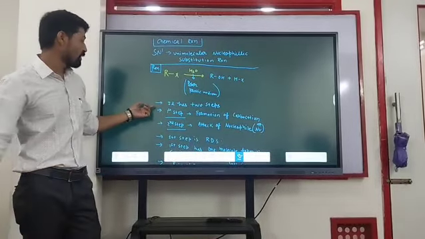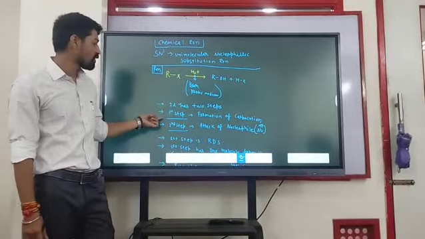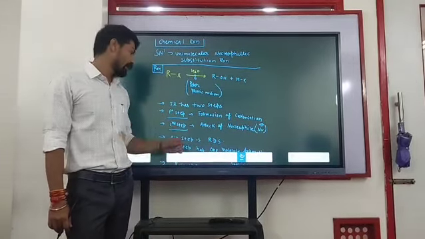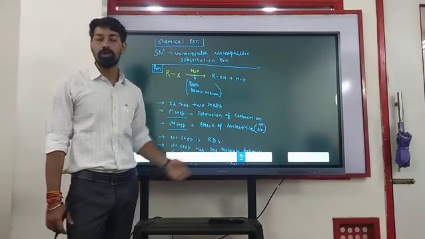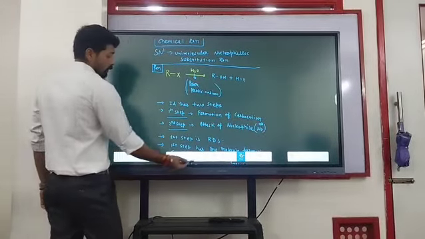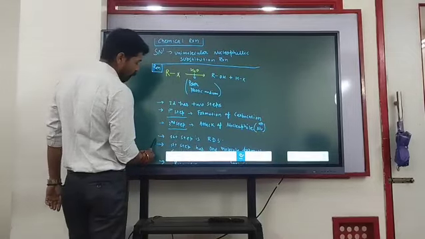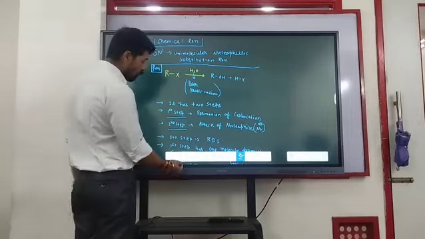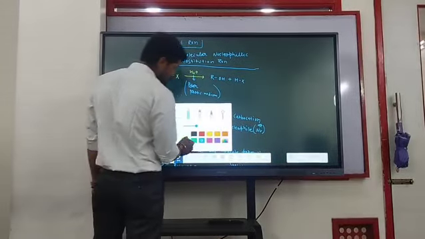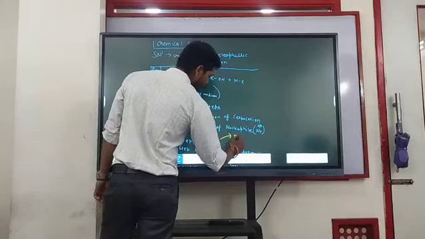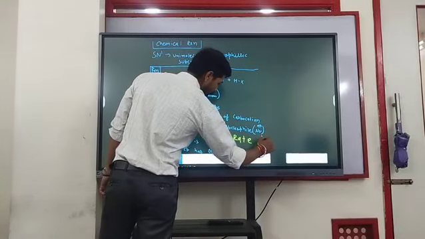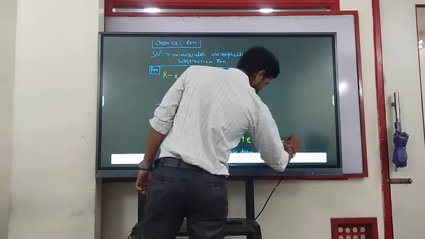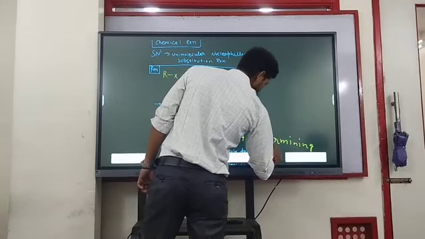Okay, so in this reaction there are two steps. In the first step, formation of carbocation is there, and in the second step, attack of nucleophile is there. Okay, so now we are moving ahead. The third point, the first step is RDS. We all know what is RDS. RDS is rate determining step. Okay,